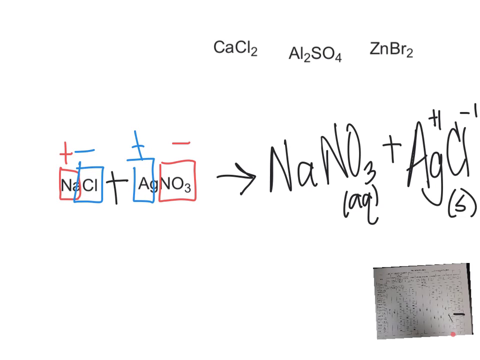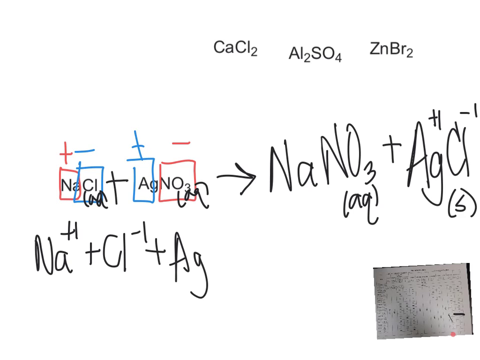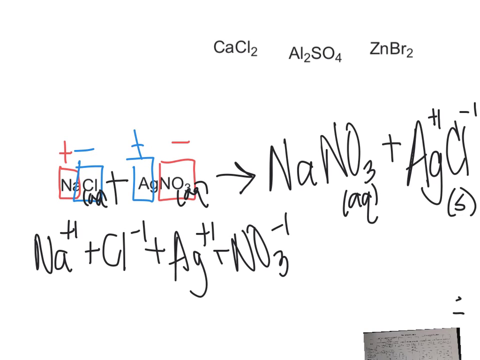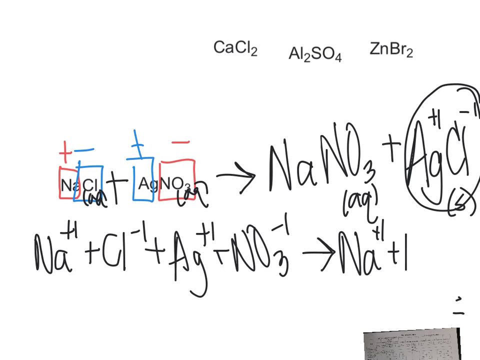So next we're going to write the complete ionic equation. So we're going to break everything that is an aqueous solution into its ions. So Na plus 1 plus Cl minus 1, because this is aqueous and this is aqueous to start, plus Ag plus 1 plus NO3 minus 1. So that's our reactant side. Now we're going to look at our product side. We can't break our precipitate up. So all we're going to break up is the Na plus 1 plus the NO3 minus 1. And then we've got our precipitate,